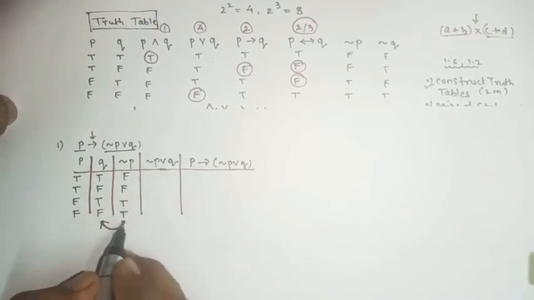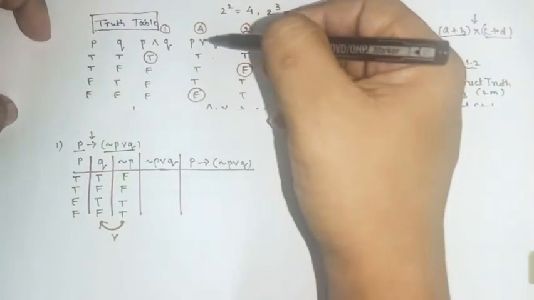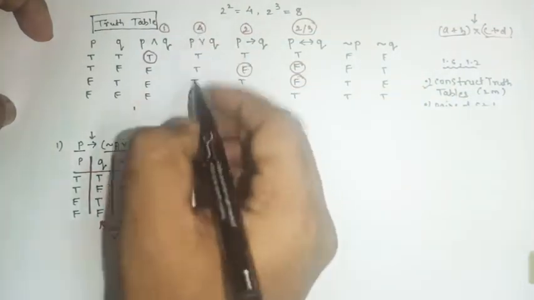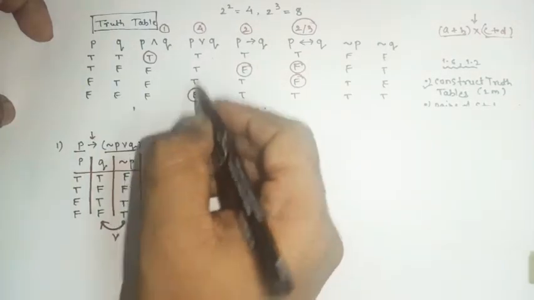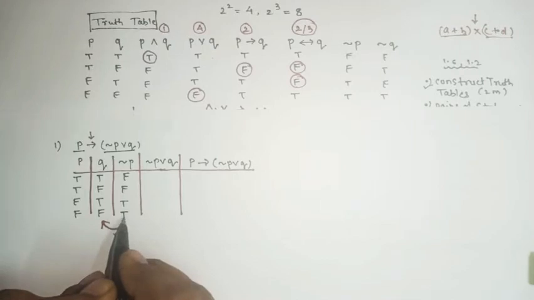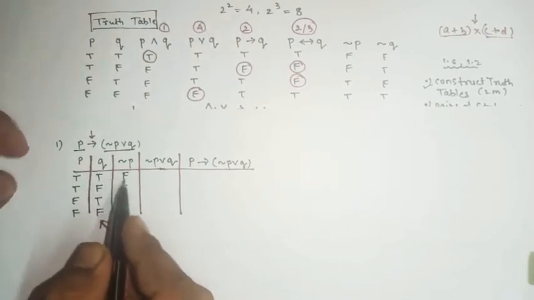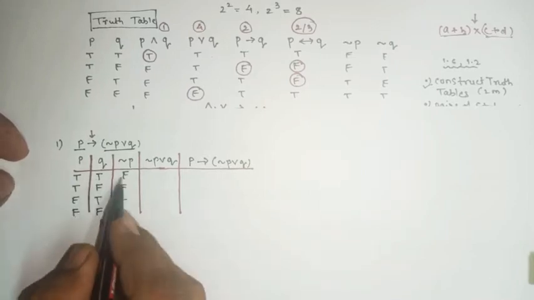Okay, so between these two, now what is the connection? It is OR, yes or no? So for OR we know the table, yes or no? What happens in OR? Remember the fourth one, where false and false is false and the rest is true, yes or no? Just simply focus on false and false. Where is false and false? That you have to check first. Don't sit and do every single thing.